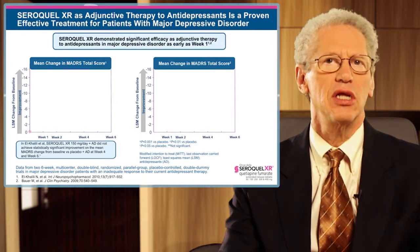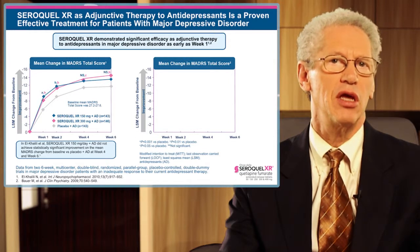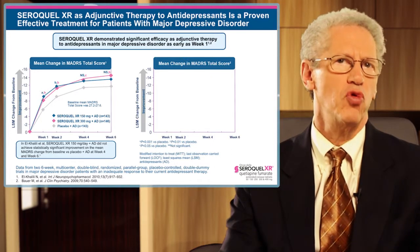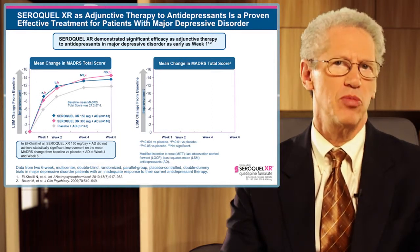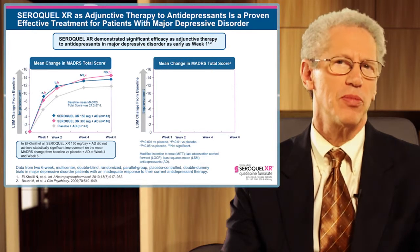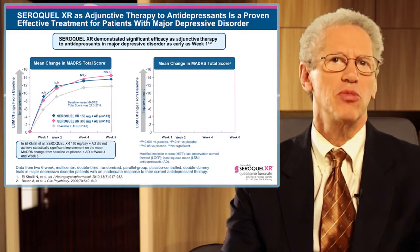In the study by El Khalili and colleagues, seen in the graph on the left, Seroquel XR 300 milligrams per day plus antidepressant demonstrated significant improvement in mean MADRS total score versus placebo plus antidepressant at week 6. Patients receiving Seroquel XR decreased their MADRS total score by 14.7 points versus a reduction by 11.7 points for placebo. The p-value was less than 0.01. Seroquel XR 150 milligrams per day plus antidepressant did not achieve statistical significance when compared with placebo plus antidepressant